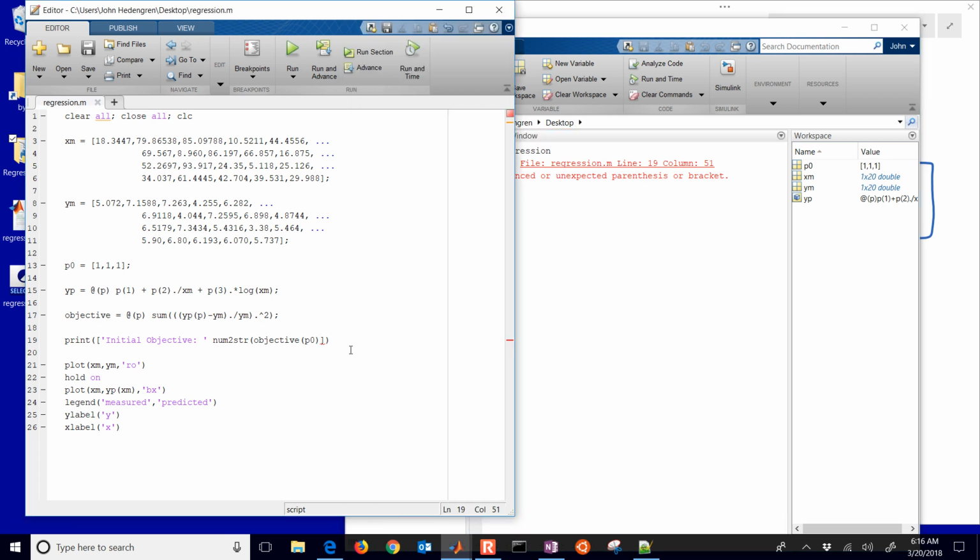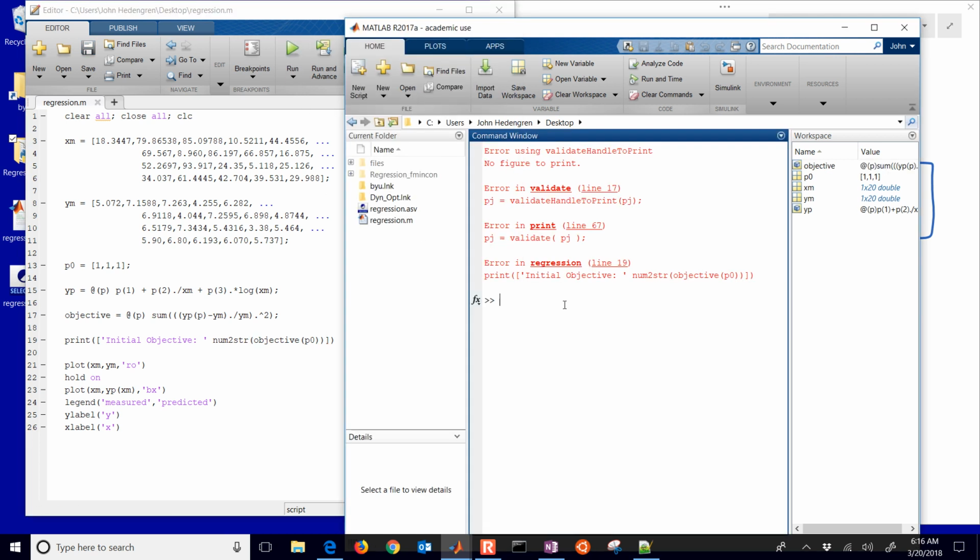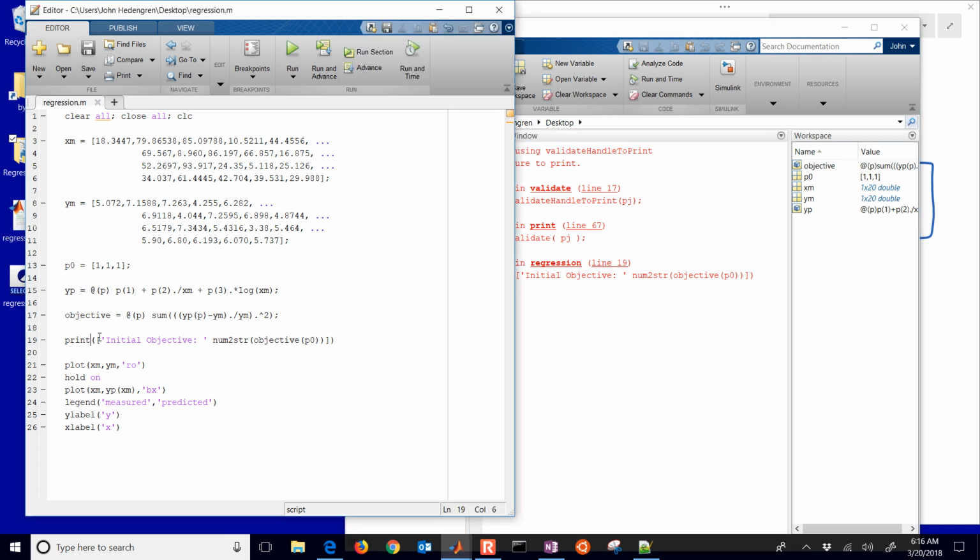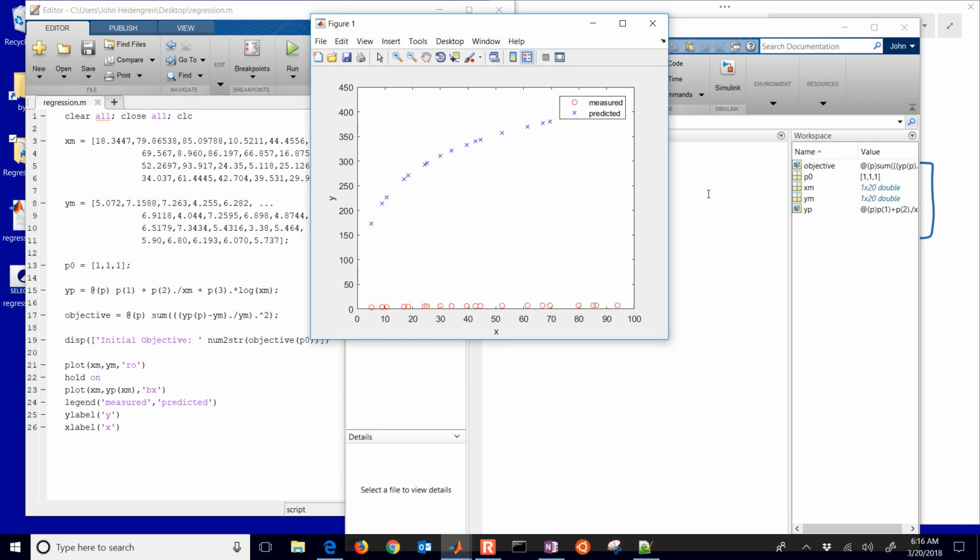Okay, so I have an unbalanced parentheses there. Looks like I'm missing a closing parentheses there. Let's run it one more time, and let's see, no figure to print. Okay, so it looks like I need, oh, not print, display. Okay, so there's my initial objective,